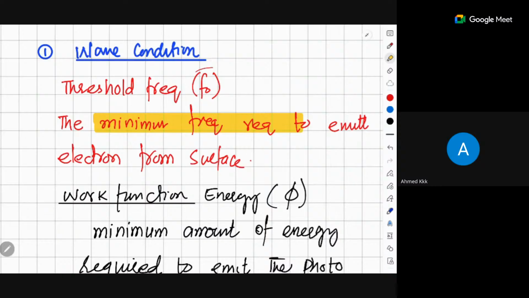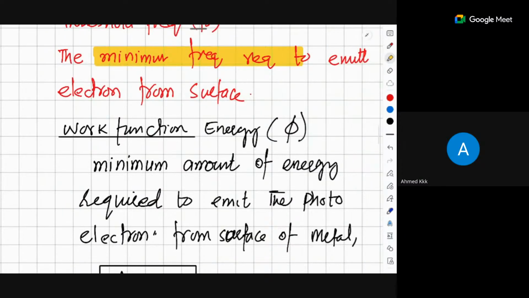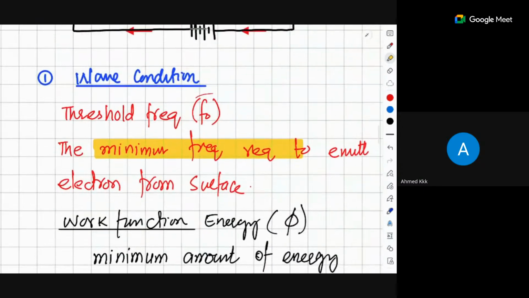That is why we call it that; thresholds are basically some grade levels. Threshold levels are there, grade boundaries. Yeah, these words are very common in your students' life as well. So not every energy or every frequency is sufficient to release the electrons, but these electrons are released at a specific frequency, and that specific frequency is basically called threshold frequency.